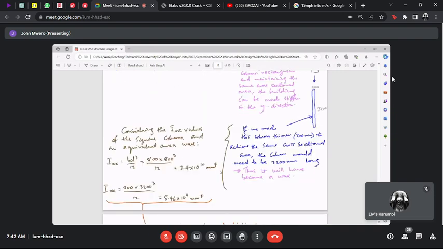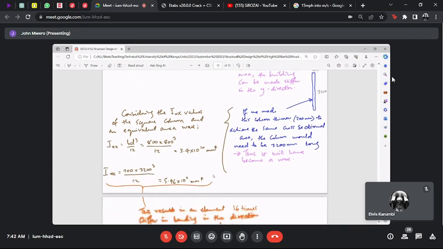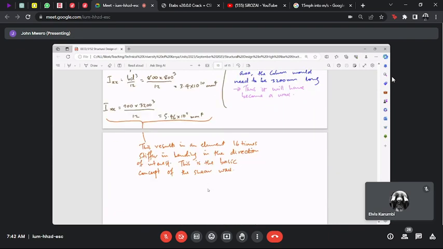And we saw that by just doing that, the stiffness in that direction of that element could be increased by up to 16 times by just rearranging the dimensions. So I want us to continue from here